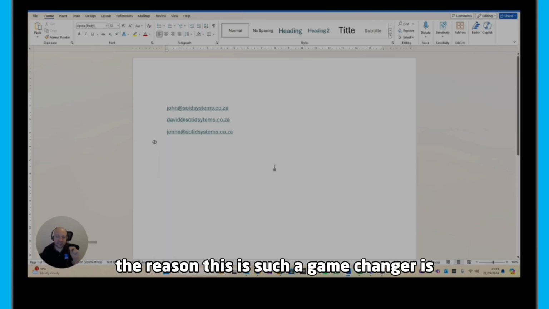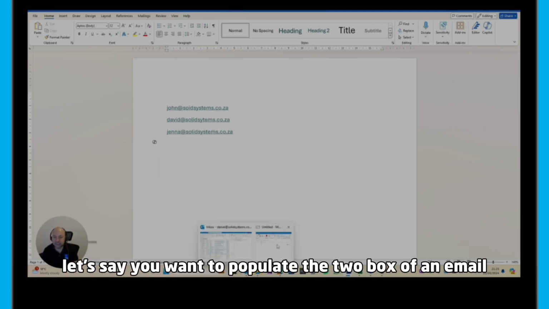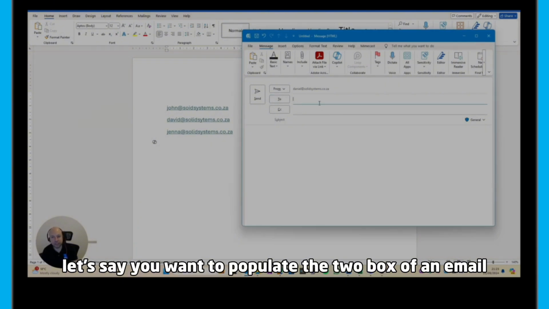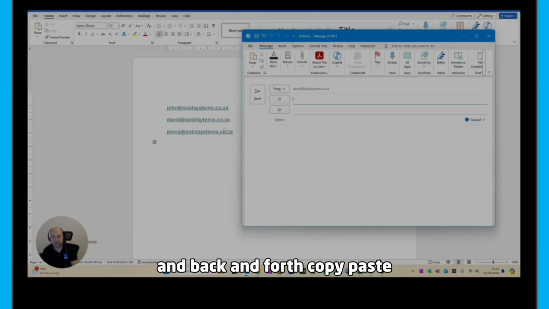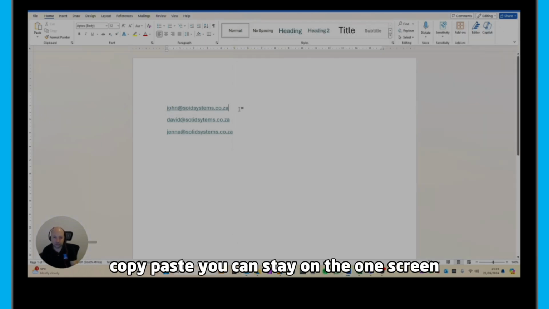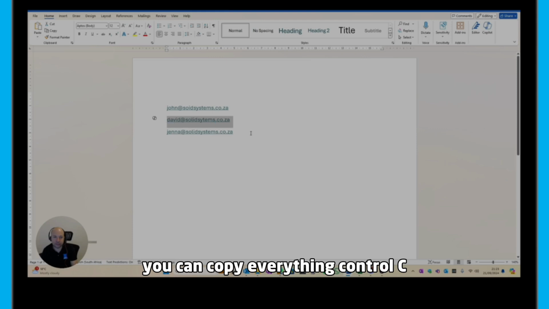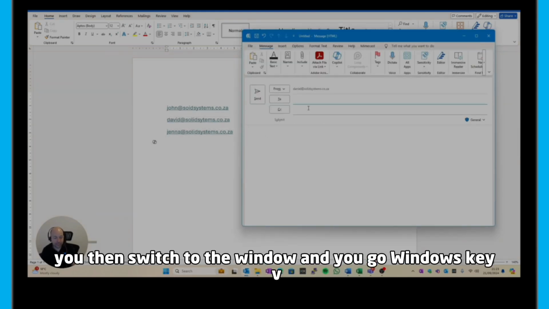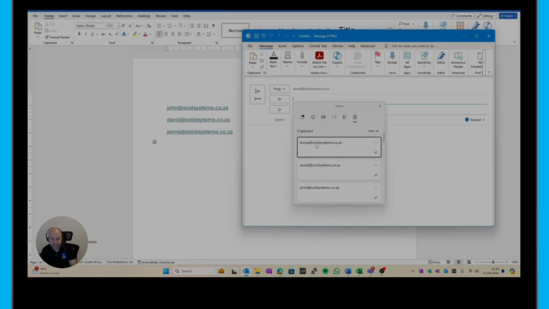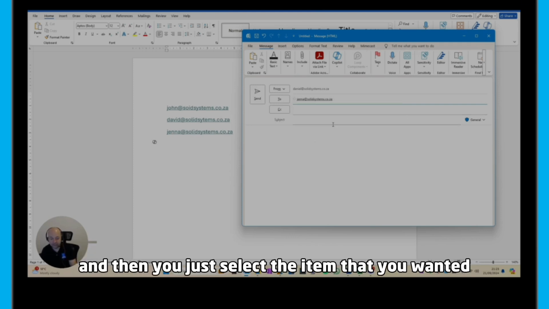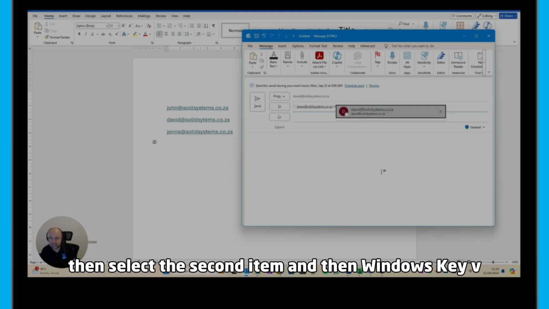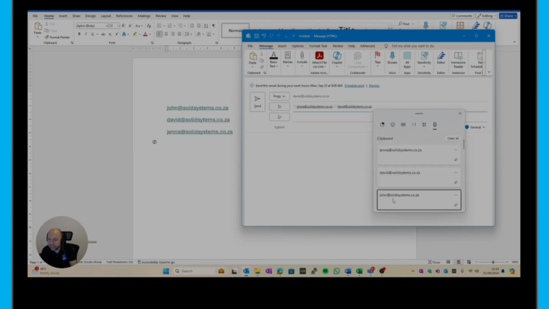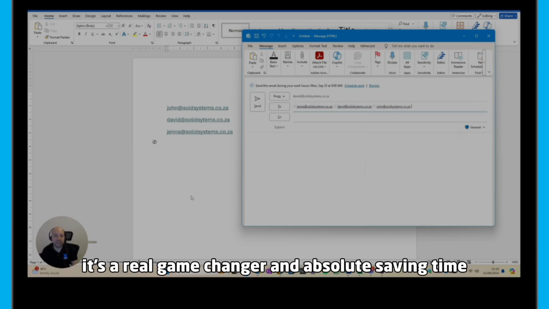The reason this is such a game changer is, let's say you want to populate the to box of an email. Instead of going copy and back and forward, copy paste, you can stay on the one screen. You can copy everything, Control C, Control C, Control C in one go. You then switch to the window and you go Windows key V, and then you just select the item that you wanted. Windows key V, Windows key V, then select the second item, and then Windows key V, and then John. It's a real game changer and an